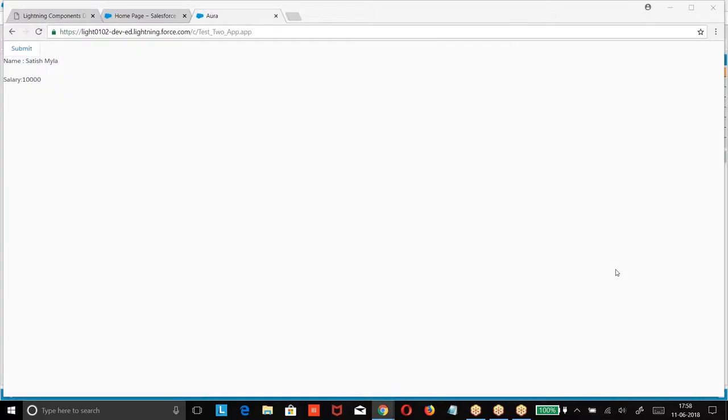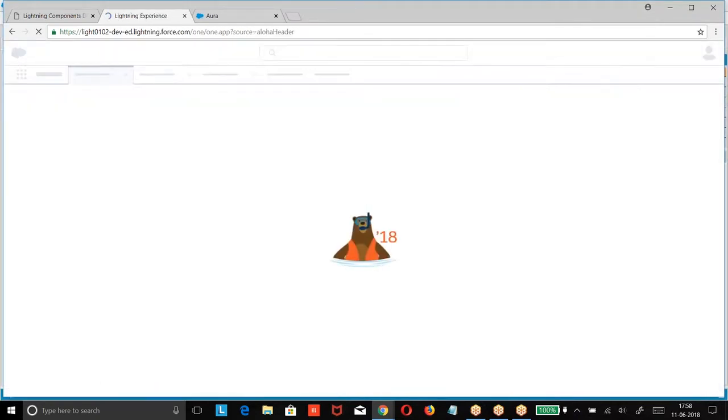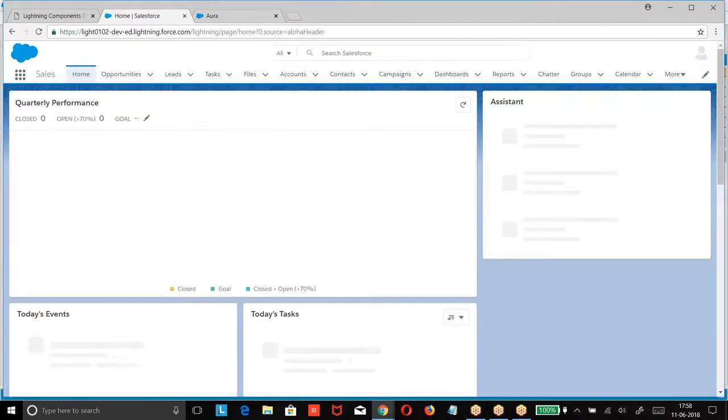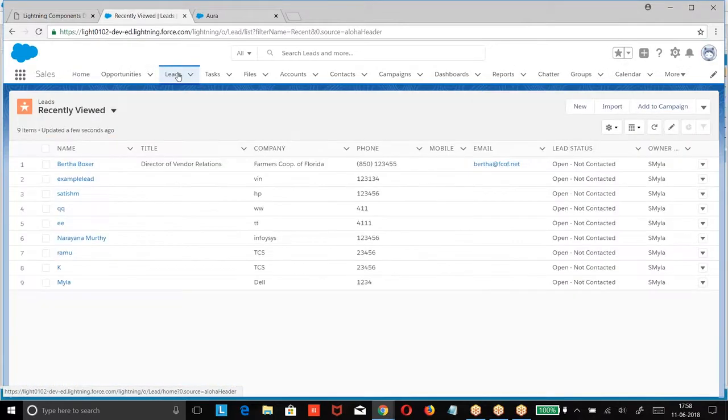Our concept is we want to override the standard button. Look at the point. I am going to Lightning, to the lead. What is the option we have here? This new button I want to replace with my custom logic.